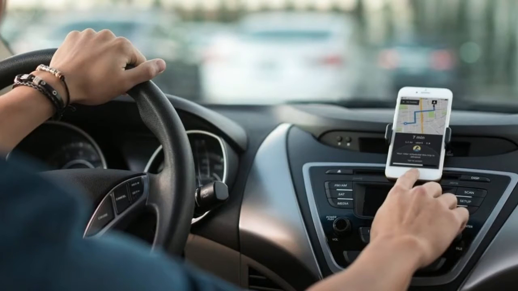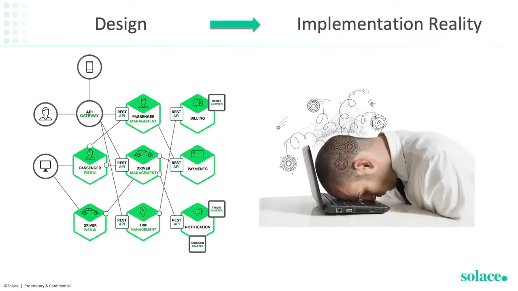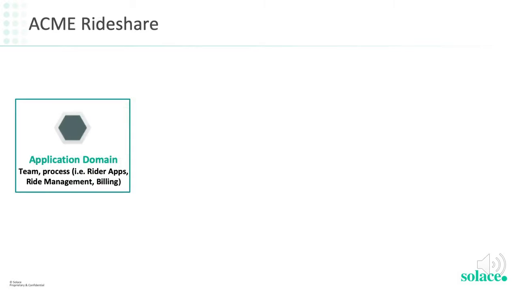Many of you likely use popular rideshare apps like Uber and Lyft, but have you ever wondered what it takes to design and implement such an app or anything similar that uses an event-driven architecture? As anyone who has tried to build anything knows, it's faster and easier to write down a vision than to implement it. Say you are an architect or a developer and have been tasked to design an event-driven rideshare service